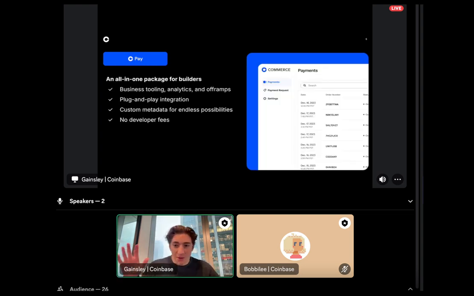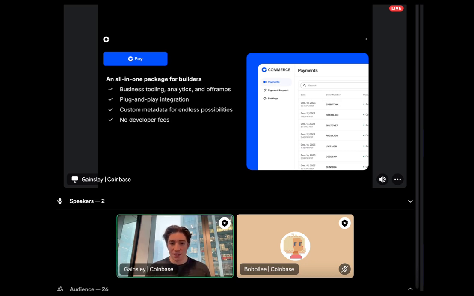And for you, the builder, we are trying to give you an all-in-one package so that you don't have to think about these payment flows. What we hear from you builders is, hey, payments aren't the main point of my app. They're just a means to an end, right? We want to be able to help someone unlock an in-game item or unlock a new tier of service or pay for access to the product in the beginning. It's a means to an end. And so if it's the means to an end, then let us do the heavy lifting.